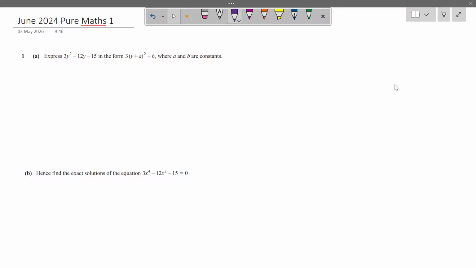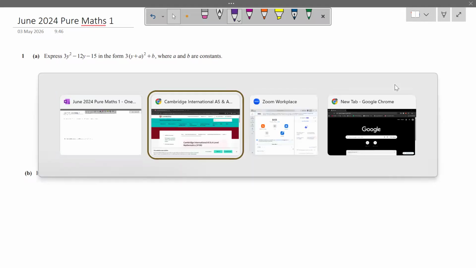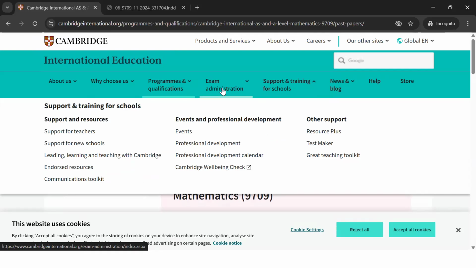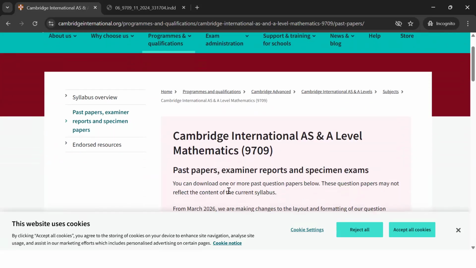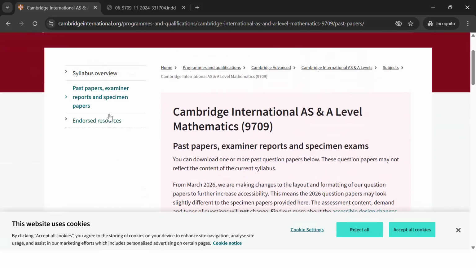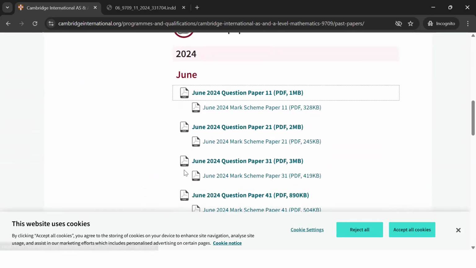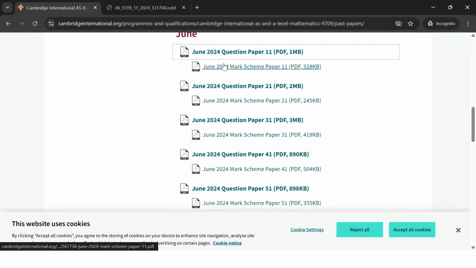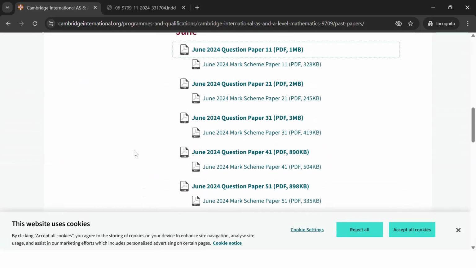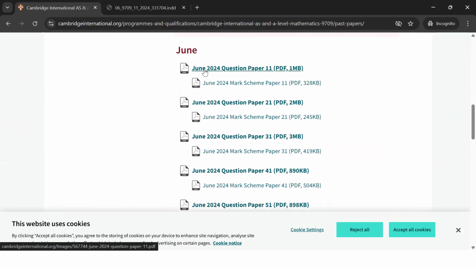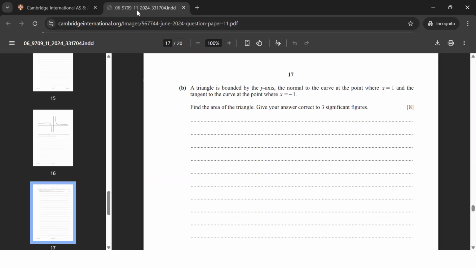So today I'm in the mood to do some A-level maths questions. I'm going to try to solve a full paper that I found from the official Cambridge International website. Here you have the past papers, and then you have six papers. I'm going to issue this as pure math 1, pure math 2, pure math 3, and then mechanics and the two statistics papers. I'm just going to be trying to solve the first, just the pure math 1